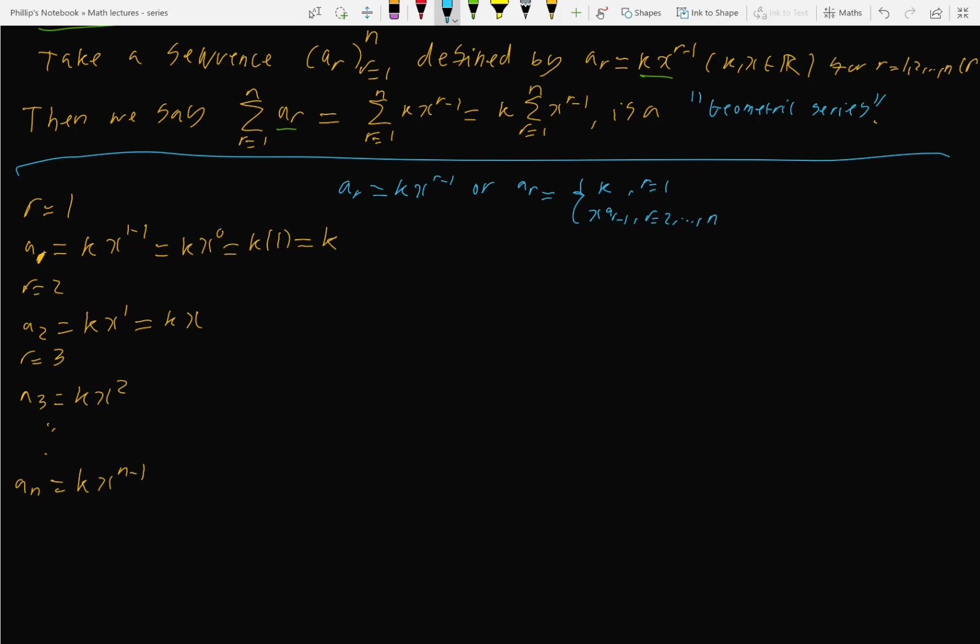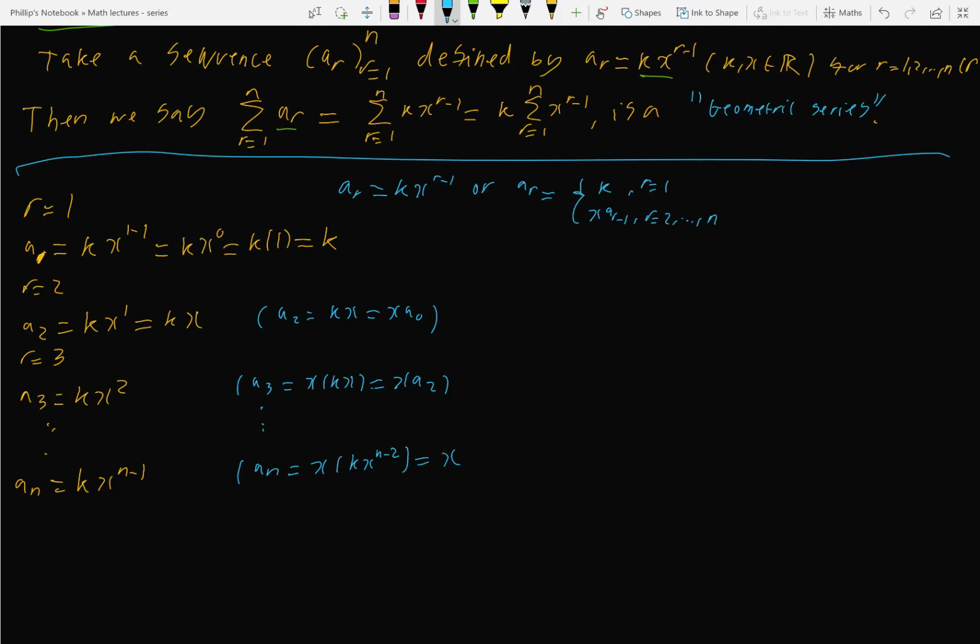And that's because, from a2 onwards, let's have a look. We've got a2 is equal to k times x. Now k is equal to a0, so that's x times a0. Then a3 is equal to x times kx, and kx is equal to a2, so that's x times a2. And obviously an is equal to x times k x to the n minus 2,